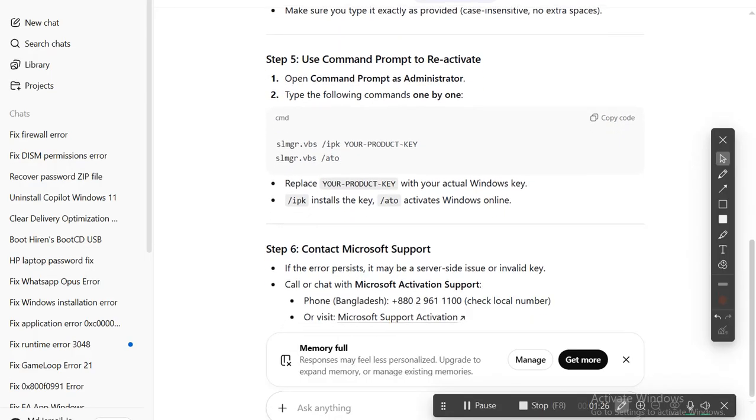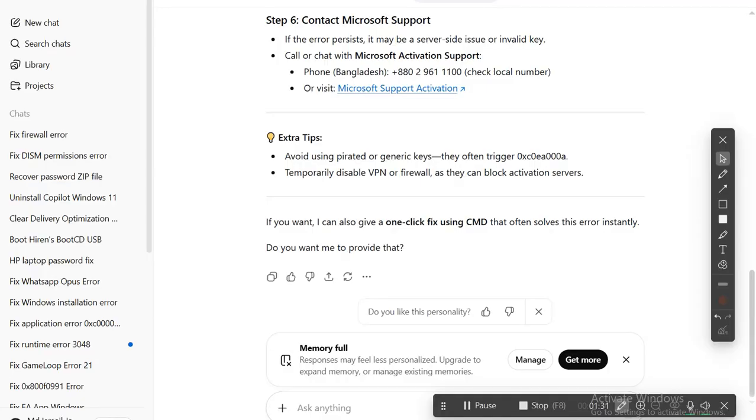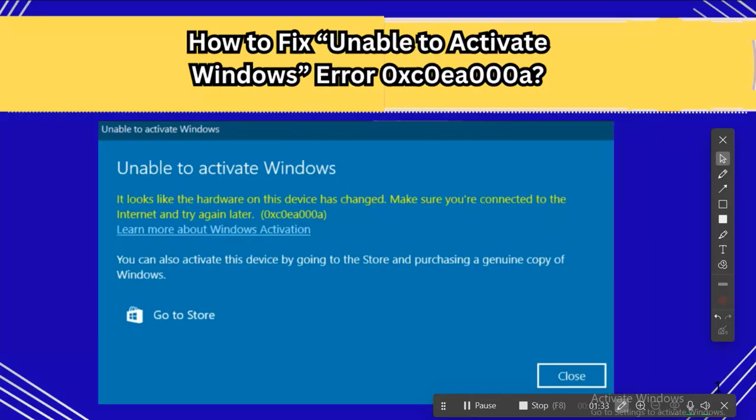Wrong system time makes activation servers reject the request instantly. And finally, check your network or switch to a faster DNS because blocked Microsoft servers cause this